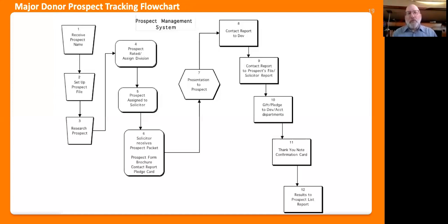So now box 3 is research the prospect. Well, I gave you some ideas on how to do that. Call them up, ask them questions, send them a survey, different things. Now then you rate them. I'm going to hold off on rating because I have a form that I'm going to show you how to rate them. But it's 1, 2, 3, and 4.